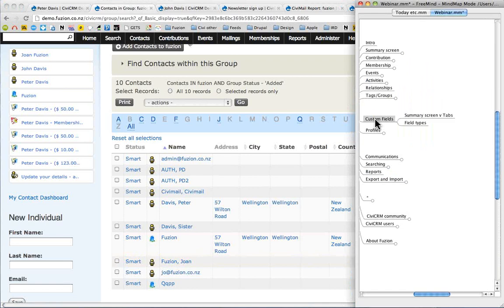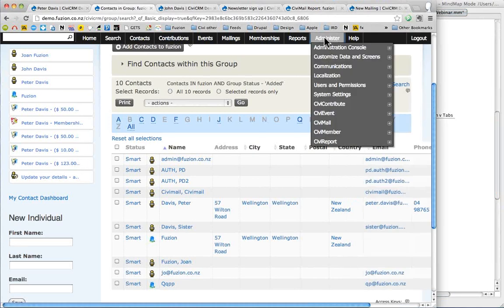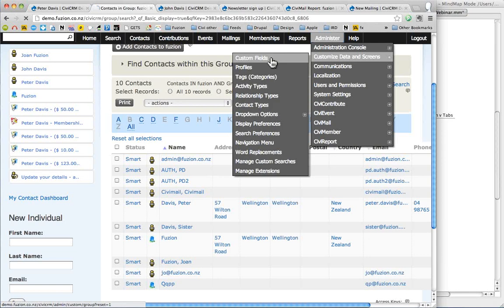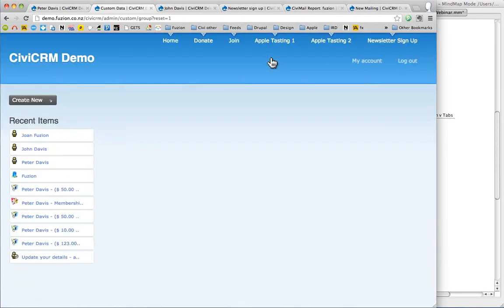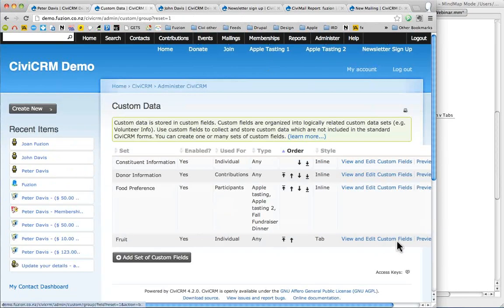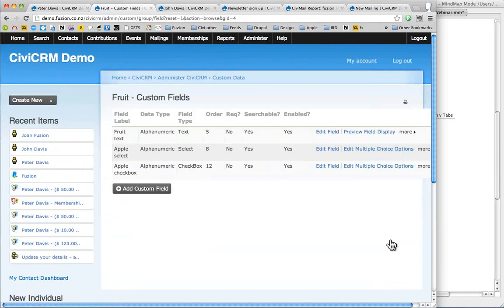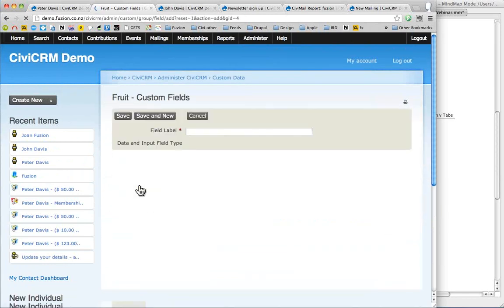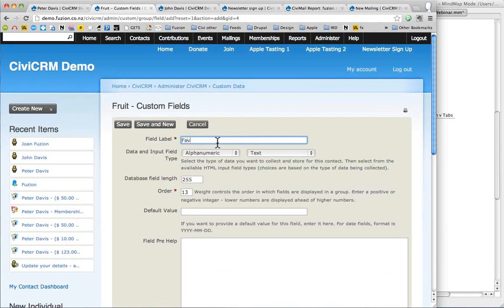I've referred briefly to the custom fields just to give you a sense of what's involved in creating those. I'm trying to keep an eye on the time here too. If we needed to create a new custom field under my fruit, so I can add a custom field, and what this asks me, so if I go favorite fruit, and I wanted to make that a select field,